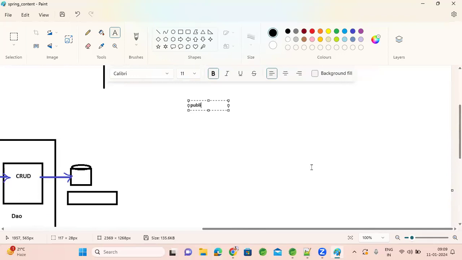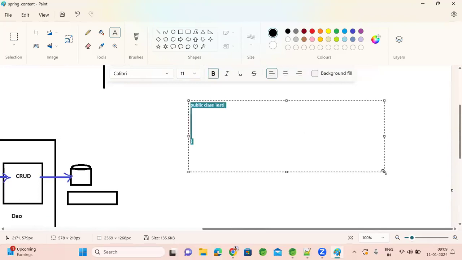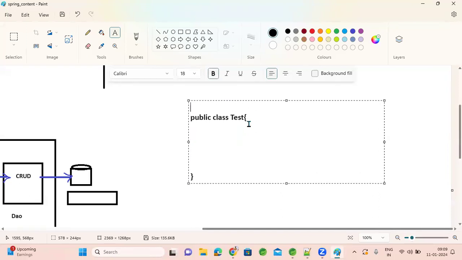A simple Java class, public class Test. Let me increase the font size. Usually we will put classes under a package, for example com.rbu, depending on the application name. We put company name dot application name. If it is something like a student management system, SMS. Under a package, you will write a simple Java class,